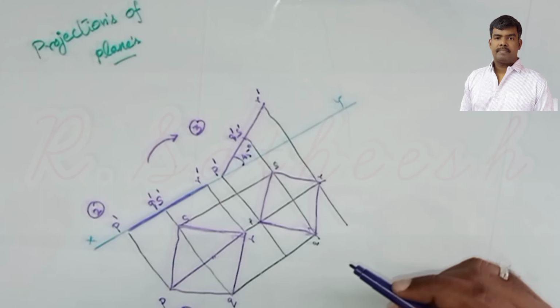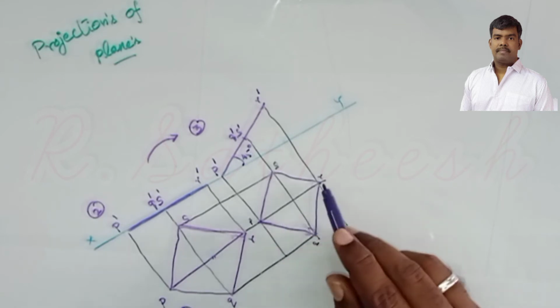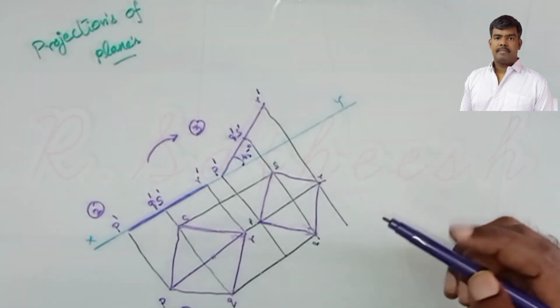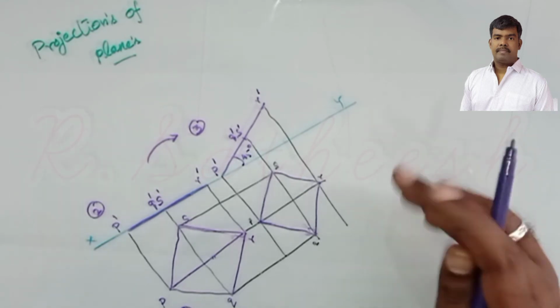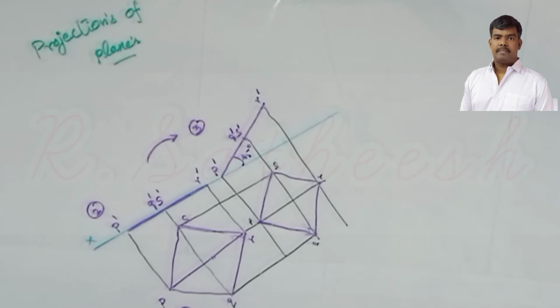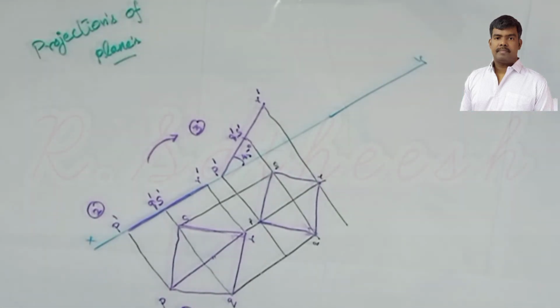Clear? Actually this is a square plane only, but after inclination the PR diagonal dimension decreases, because as the angle increases the linear distance decreases, as we know. Then after that it is inclined to HP. Now it is inclined to the other one. So what is given for the other one?